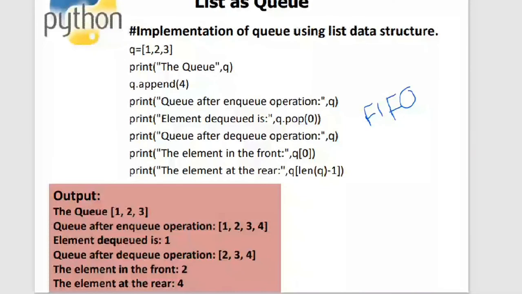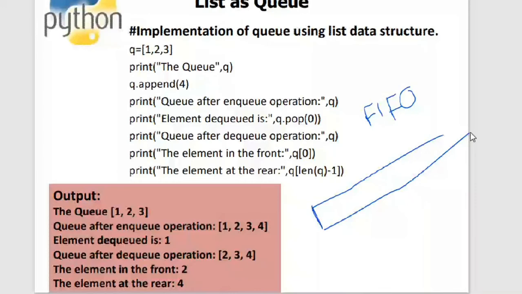There are two operations that you can perform on the queue. The first one is the insert operation and the second one is the delete operation. Say, for example, this is the list, and I'm having 1, 2 and 3 in the list, and I want to make it look like a queue data structure.